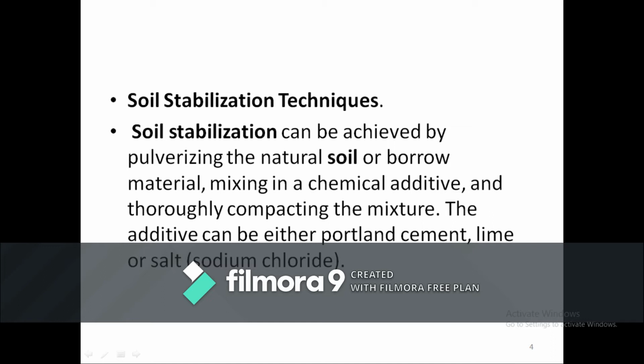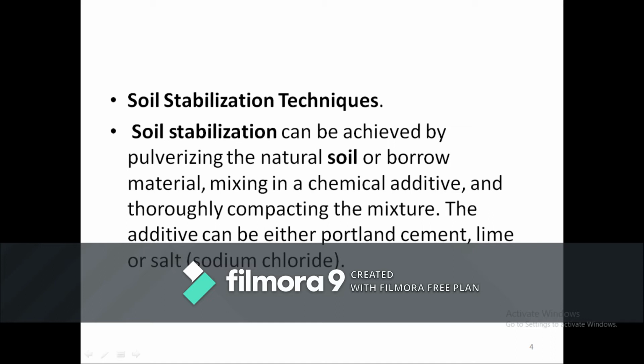So here in soil stabilization techniques, what are we doing? We are taking the particular soil, tilling it and making it loose, and then adding some materials like cement or slag, mixing them properly, combining it and then compacting it so that the soil properties are improved.